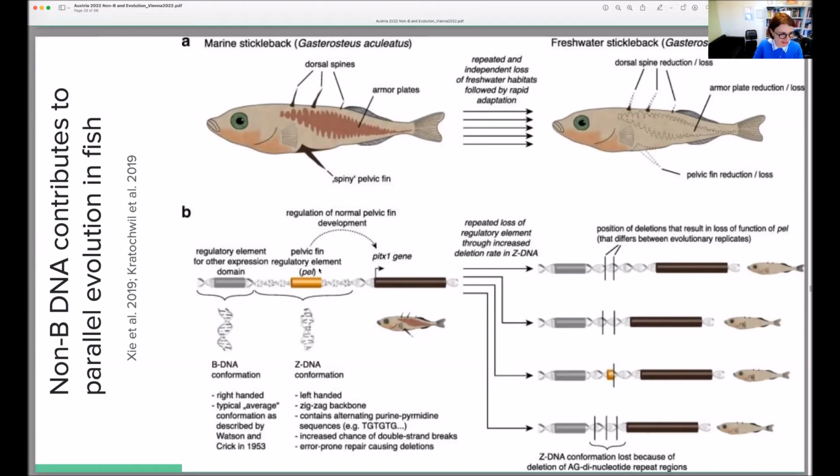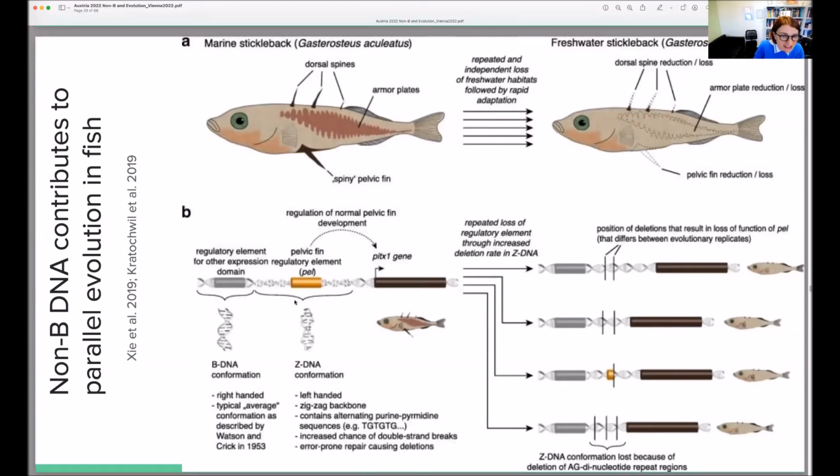However, this gene has a regulatory element. It's an enhancer that can form the Z-DNA conformation. And this leads